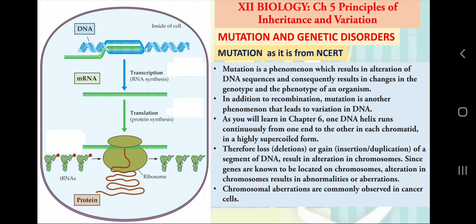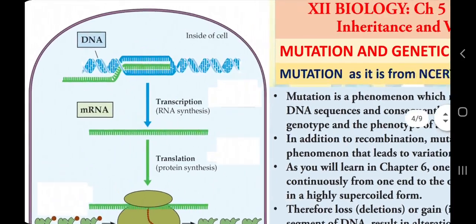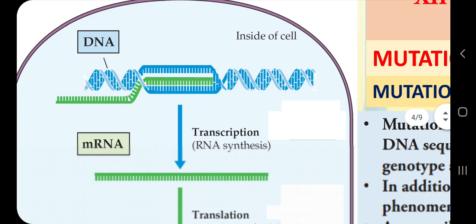And as I already have mentioned, genes are made up of DNA, and genes are located on chromosomes, and those locations are called loci also. So finally we can conclude that gene is made up of DNA, or I am restating this as gene is a segment of DNA. We will learn more about genes, more about chromosomes, more about DNA, how DNA is packaged into a chromosome, how coiling and supercoiling occurs. But for now we must take this statement that gene is a segment of DNA, and that segment of DNA essentially includes a sequence of nucleotides.